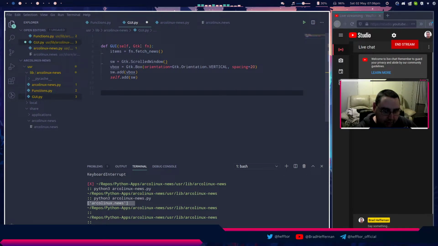Alright, now we're going to populate everything into the vbox. So what we're going to do is I'm going to say for file in fn, no, we can't do it that way. For file in items,